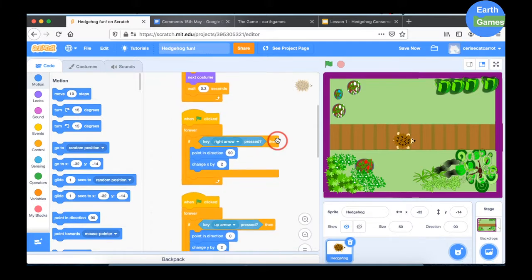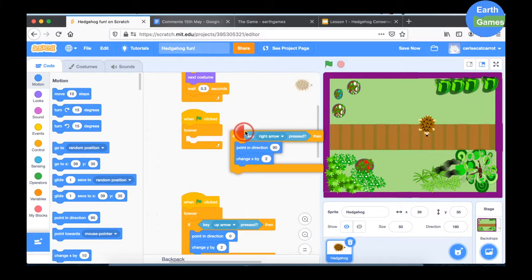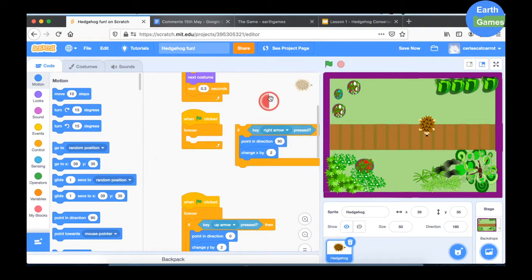Another common problem that you might find is that your hedgehog doesn't move. So if you click the green flag and press up, then your hedgehog should go up, or right, or left, or down. If it doesn't work, then what you may have done is, again, missed a forever loop. The forever loops are pretty important here. So let's see what happens if I haven't got a forever loop. If I take this one apart,